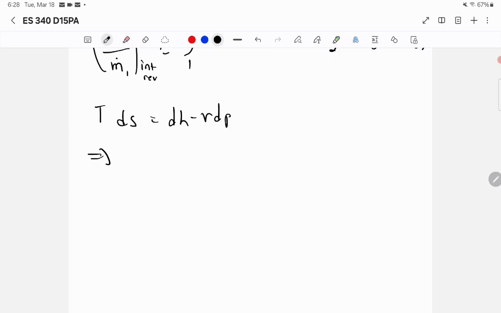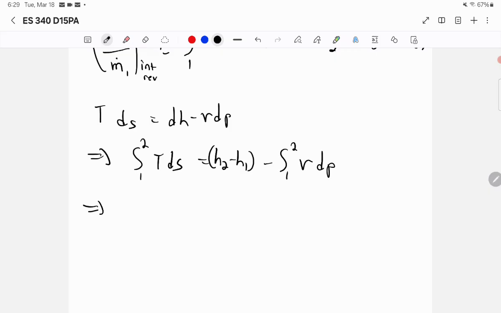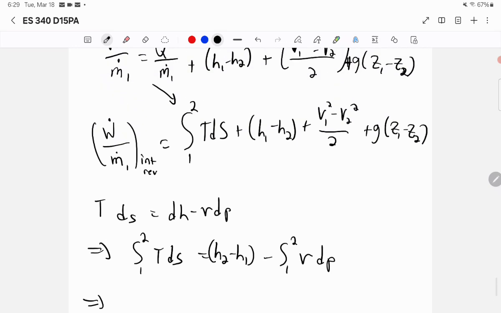This is a lowercase s, since these are lowercase h and v. That means the integral from 1 to 2 of T ds is equal to h2 minus h1 minus the integral from 1 to 2 of v dP, which means if I substitute that in here,